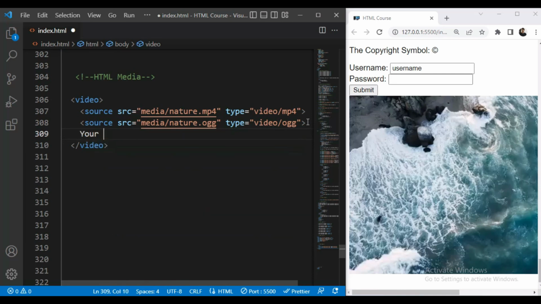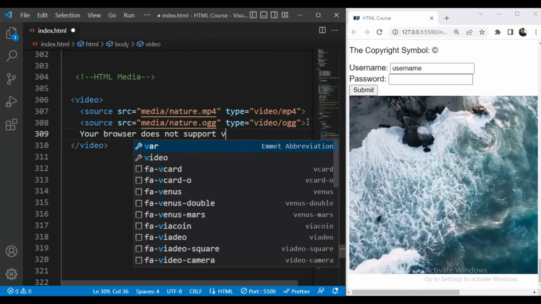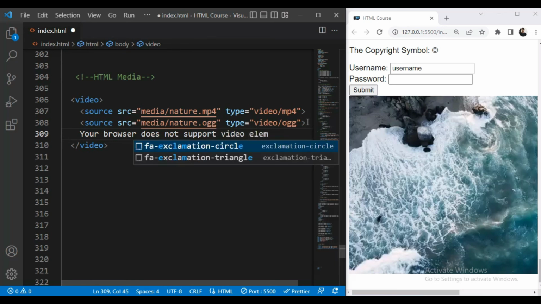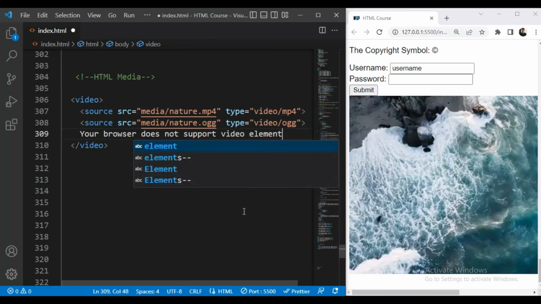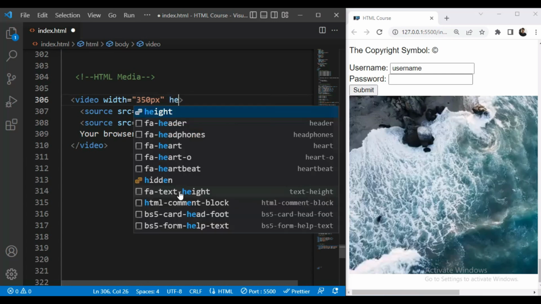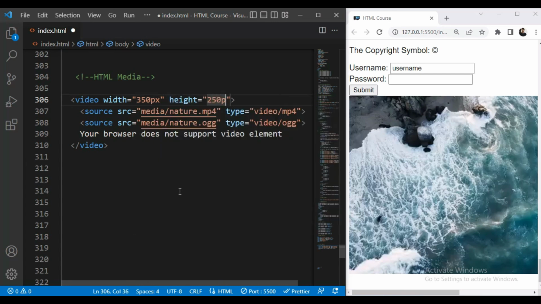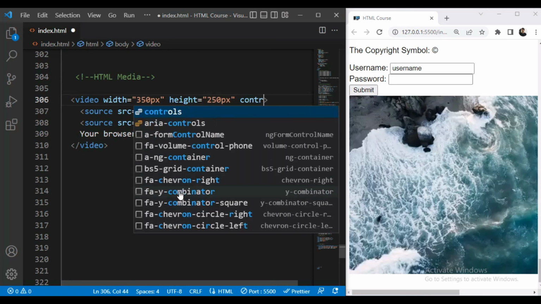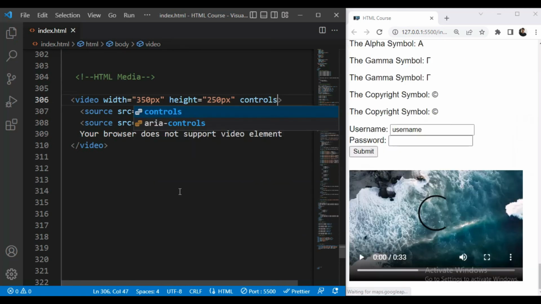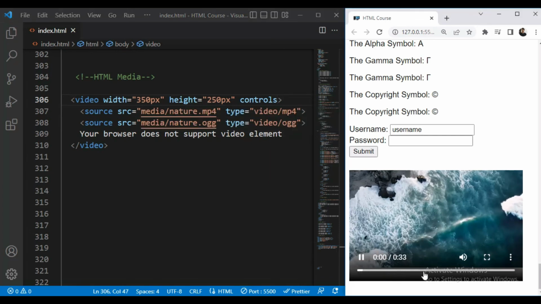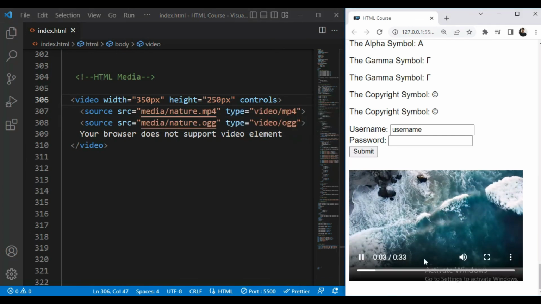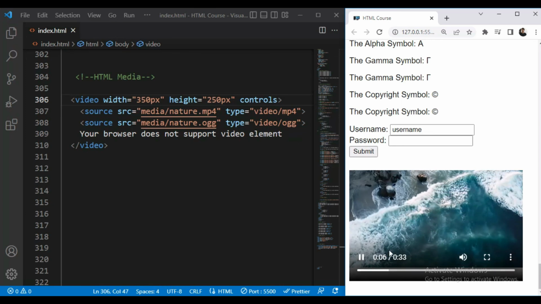We'll write the message: your browser does not support video element. Then here we'll add some attributes like width, which will be 350 pixels, then height will be 250 pixels, and then controls. Now let us save this. Now we have our video. It is running.